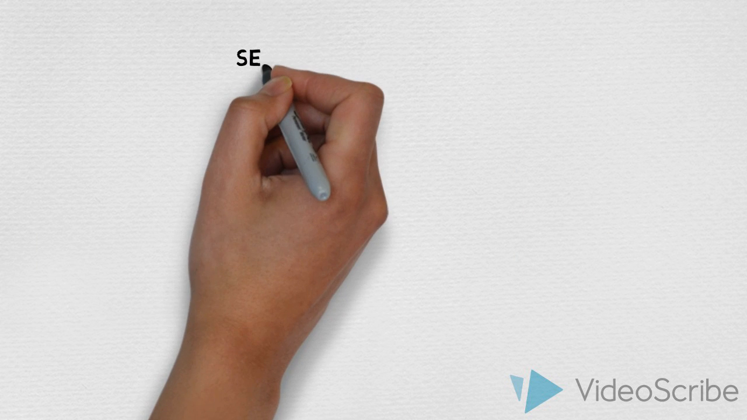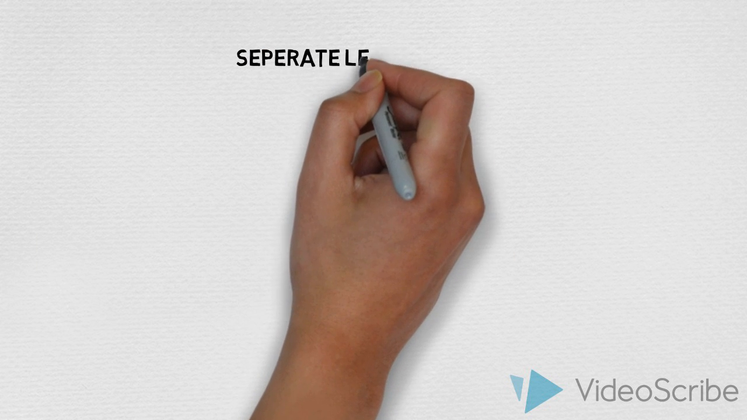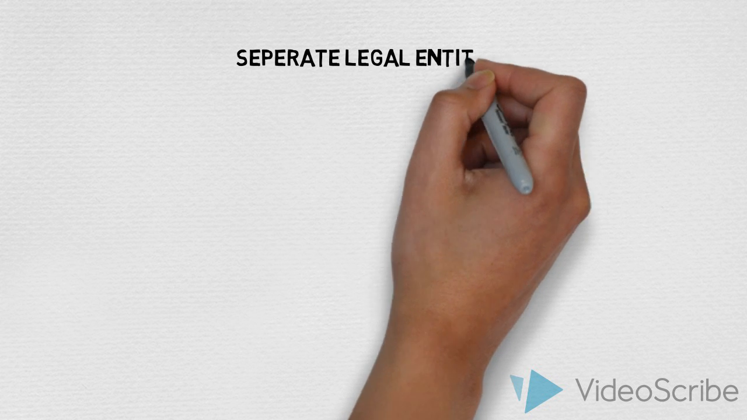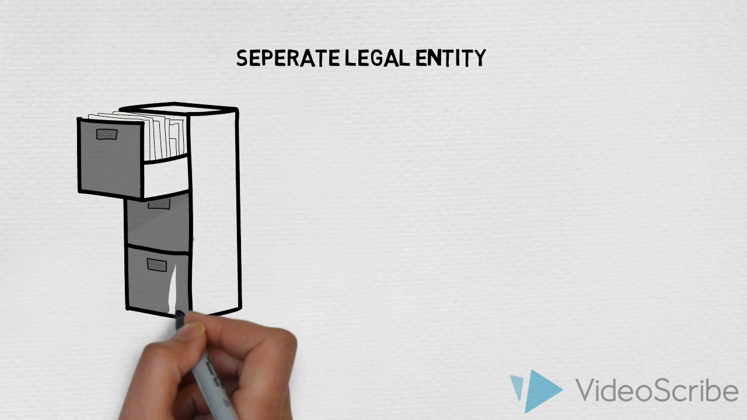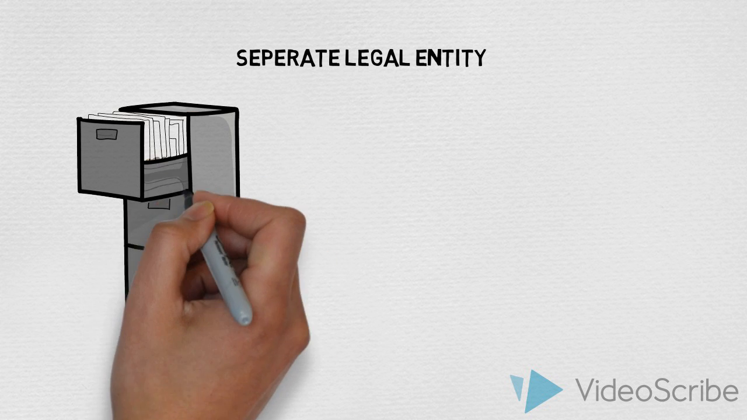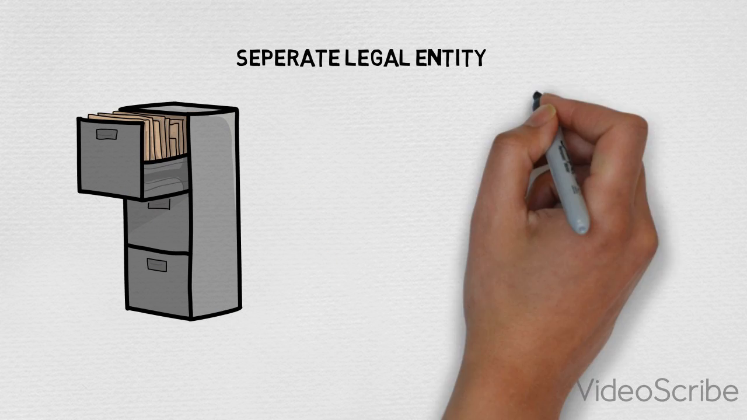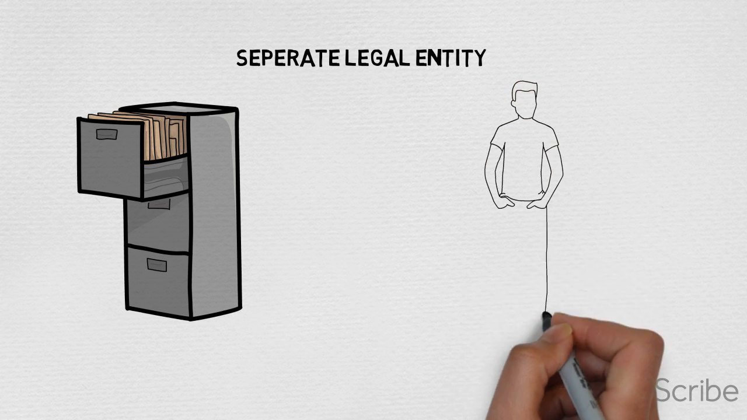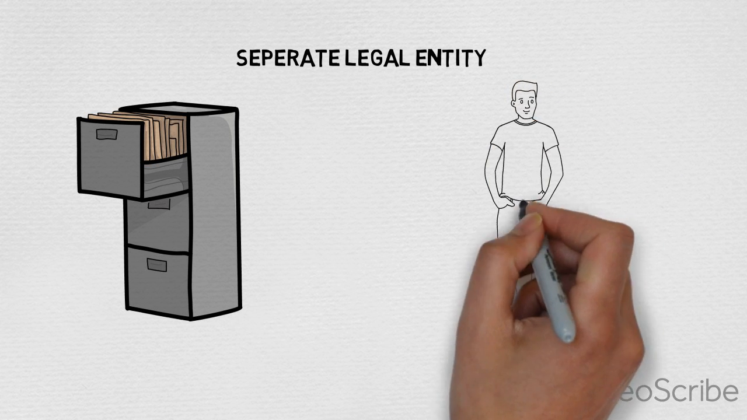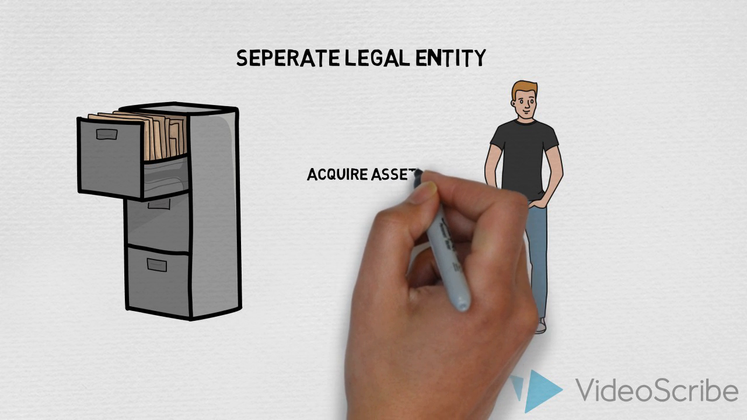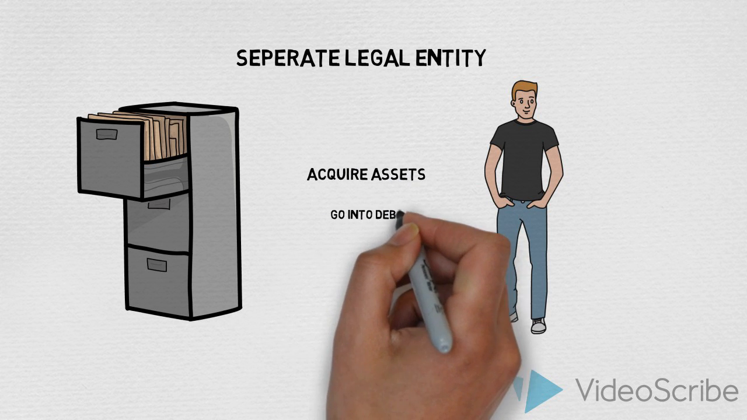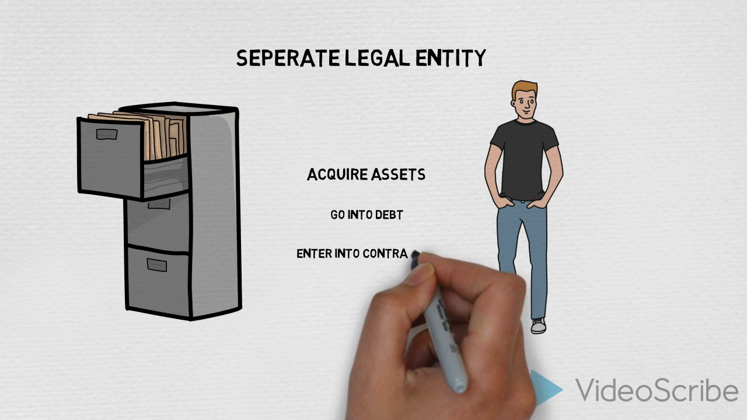Firstly, I will be talking about the advantage of becoming a separate legal entity. By incorporating your business, you create a new legal entity. This entity, otherwise known as a corporation, has the same rights and obligations under Canadian law as a person. Additionally, a corporation can partake in the following actions. It can acquire assets, go into debt and enter into contracts, sue or be sued and be found guilty of